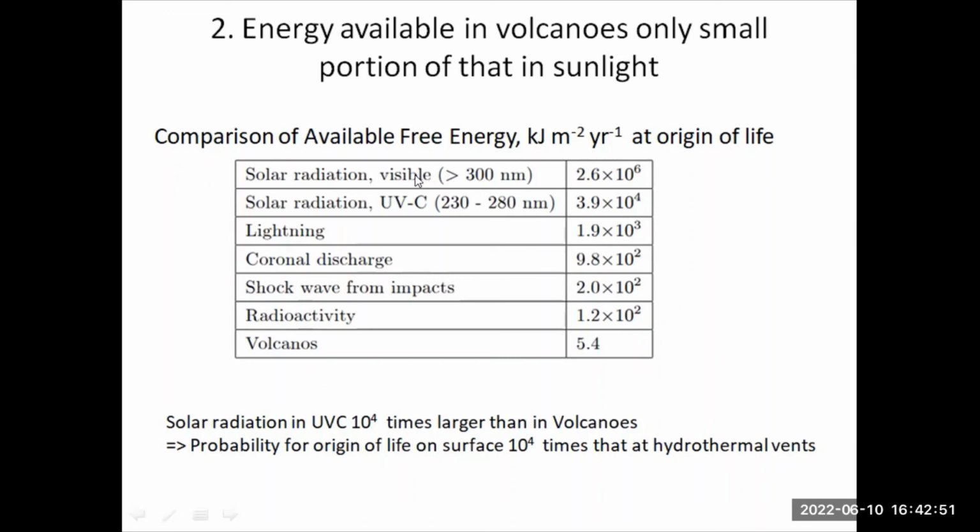But we can see, for example, the solar radiation for wavelengths greater than about 300 nanometers is about 2.6 times 10 to the 6 kilojoules per meter squared per year. Now, the solar radiation of interest to us, which is in this long wavelength UVC range, about 230 to 280